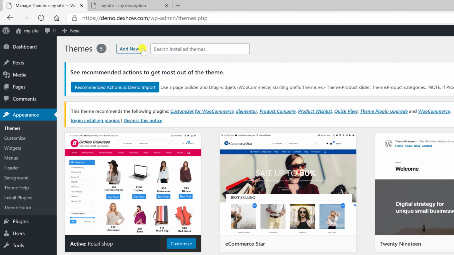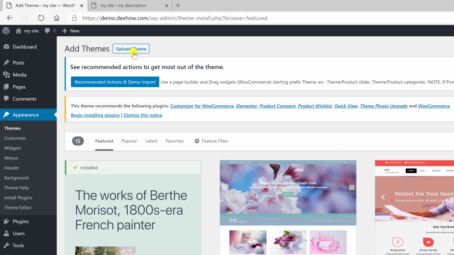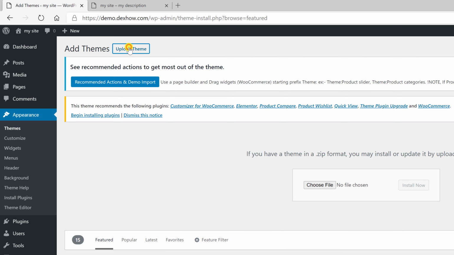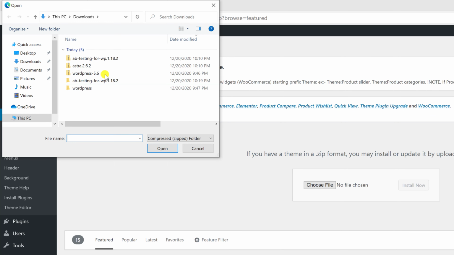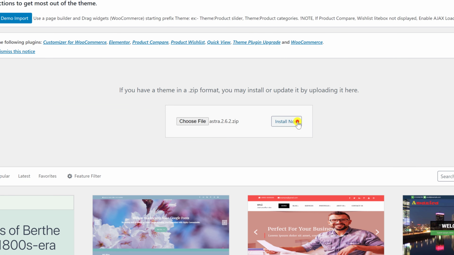This will take you to the Add New theme page showing featured free themes. Since you already have the theme you want to install, go ahead and click on the Upload Theme button at the top. You will be prompted to choose the zip file that you downloaded earlier. Select the file and click Install Now. Once your theme is installed, you will see a success message, along with the link to activate and preview the theme.